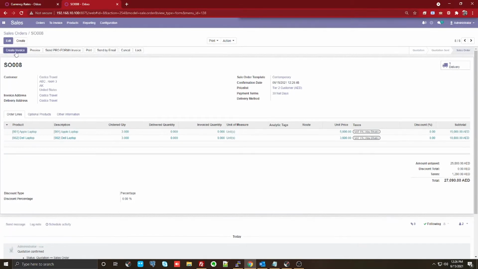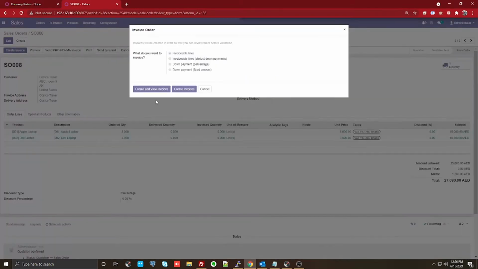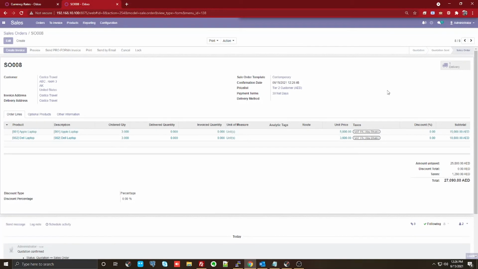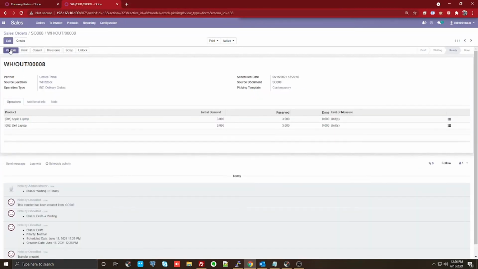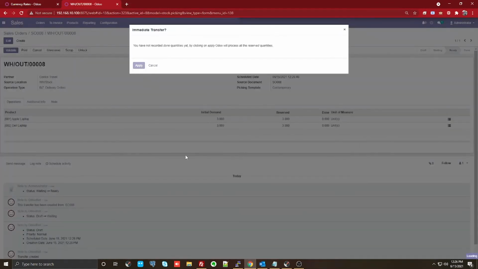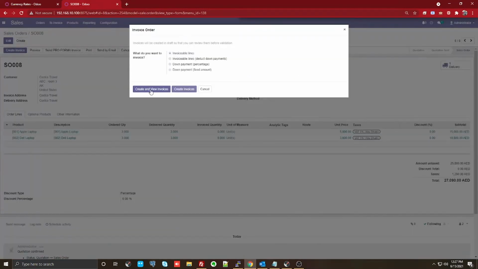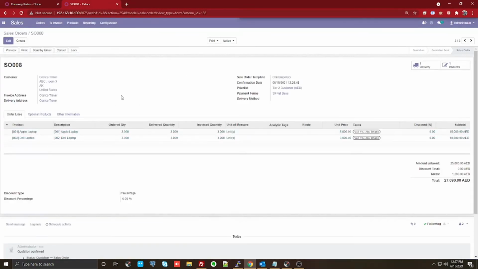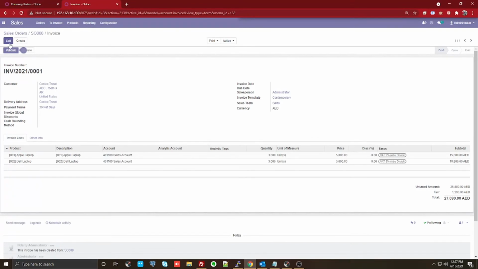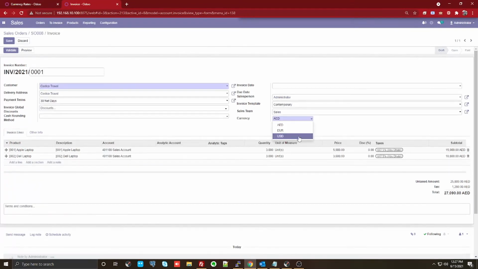So when I confirm it, it jumps into the let me just receive. Okay, complete this part of it. Right, there you go. Create an invoice. So when I go to the invoice part of it, I have the provision to have the invoice in whatever format I would like to have it.